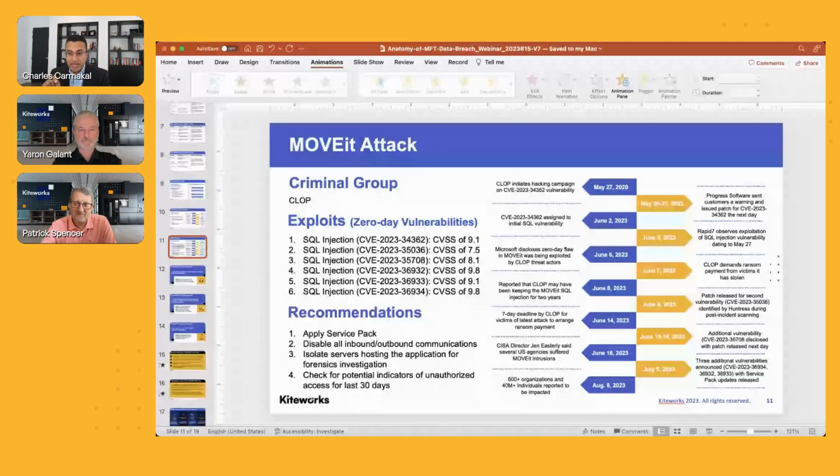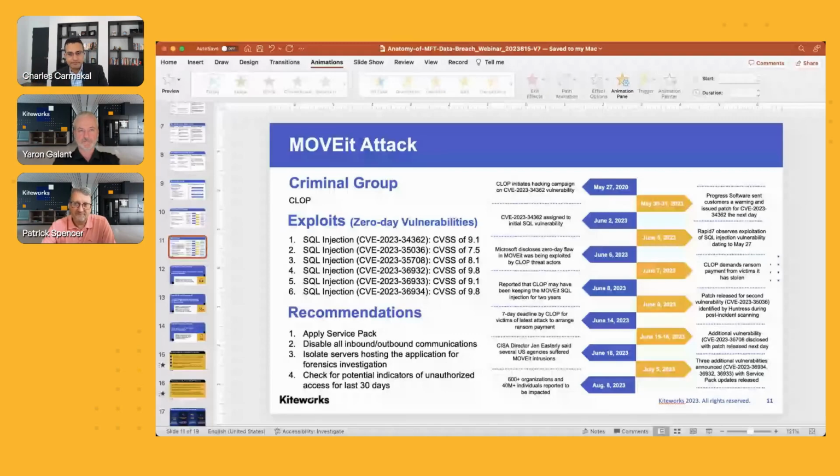Yep. The other thing that came out of this event was, as you could see in the list of security vulnerabilities that were identified, the security community did a lot of testing of the product, and Progress Software did a lot of testing of the product, and they found other security vulnerabilities, and they issued patches and they communicated it. And I think they were as open and transparent as they could be, given a pretty tough situation. But it's tough when there are so many different vulnerabilities impacting different endpoints that are essentially of the same vulnerability categories.